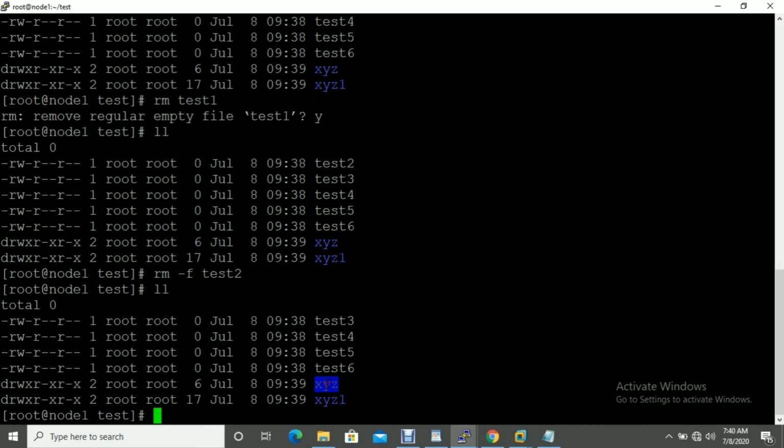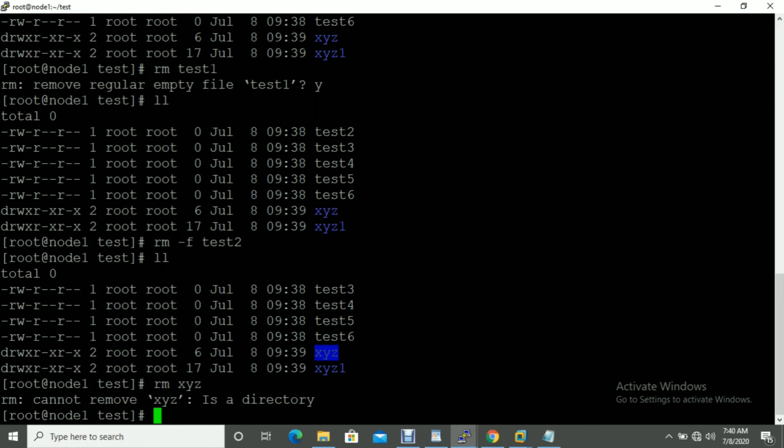Let me show you how to delete a directory now. If you want to delete the xyz directory, we use the rm command, right? So rm xyz. Now you can see it's throwing an error: rm cannot remove xyz because xyz is a directory.